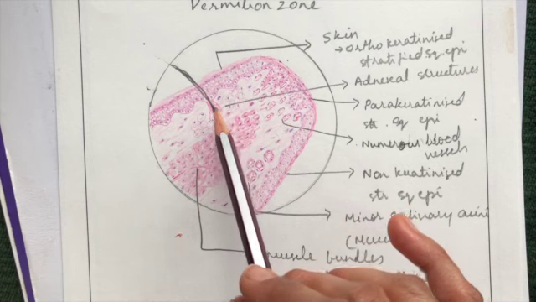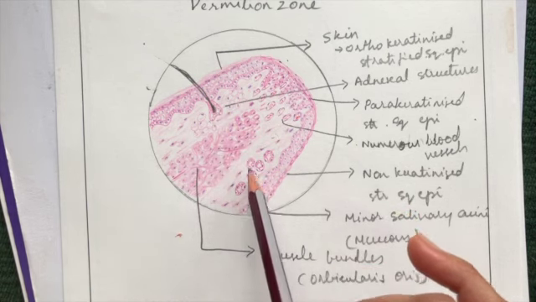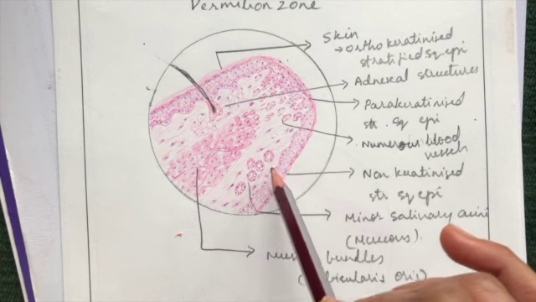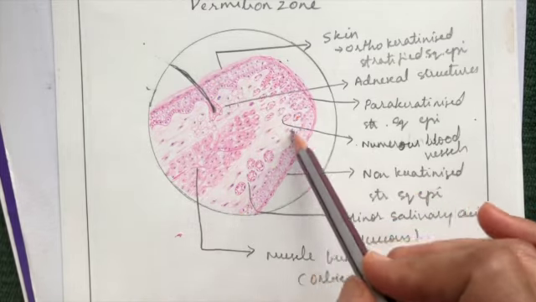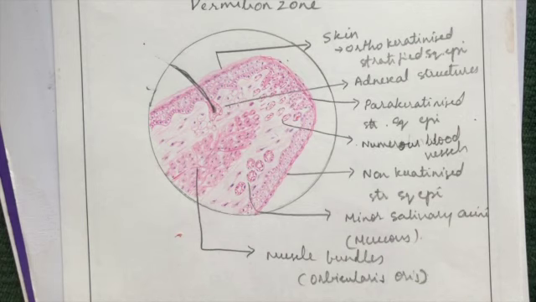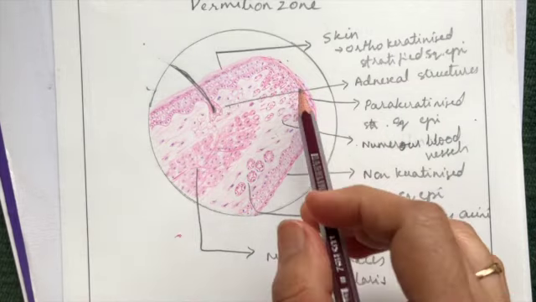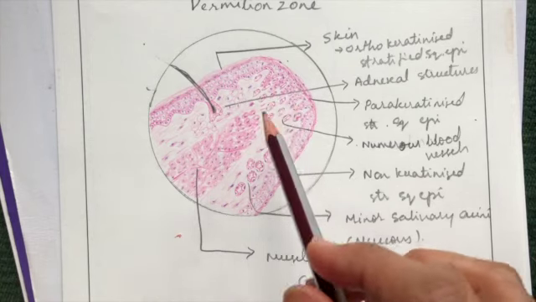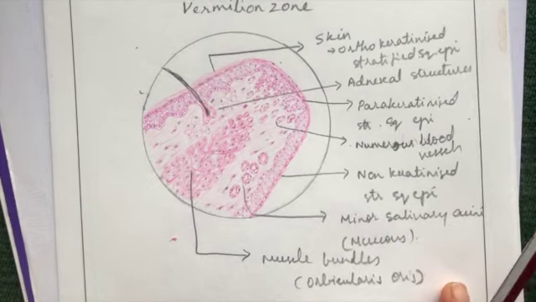glands or the sweat glands that the skin has, and it also lacks the mucus glands that the mucosal lining area has. So because of this lack of such glands, this particular area dries faster. Okay, that is the reason we need to apply moisturizers or lip creams to keep that area moist, because it doesn't have any glands that can give the moisture from inside. Okay, so this is the understanding of Vermilion zone.